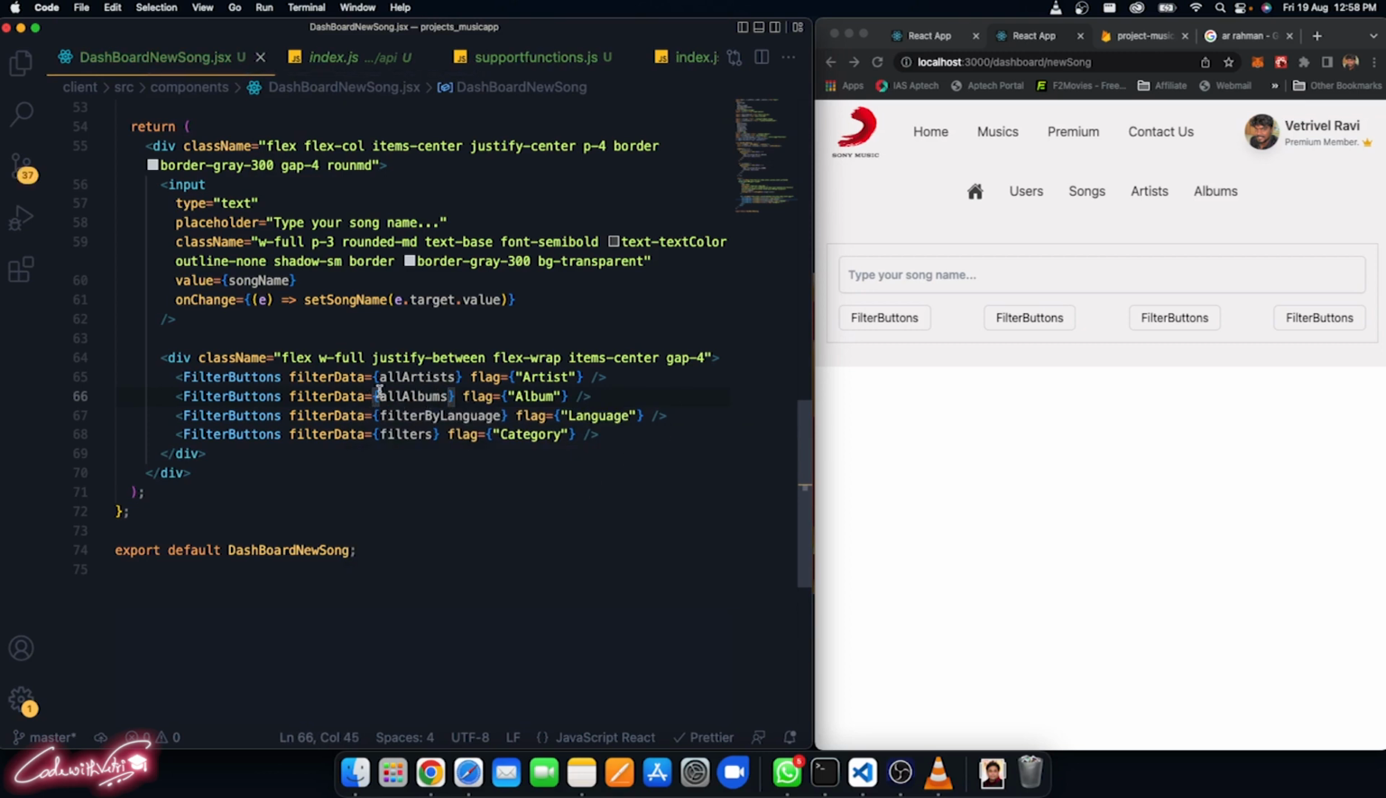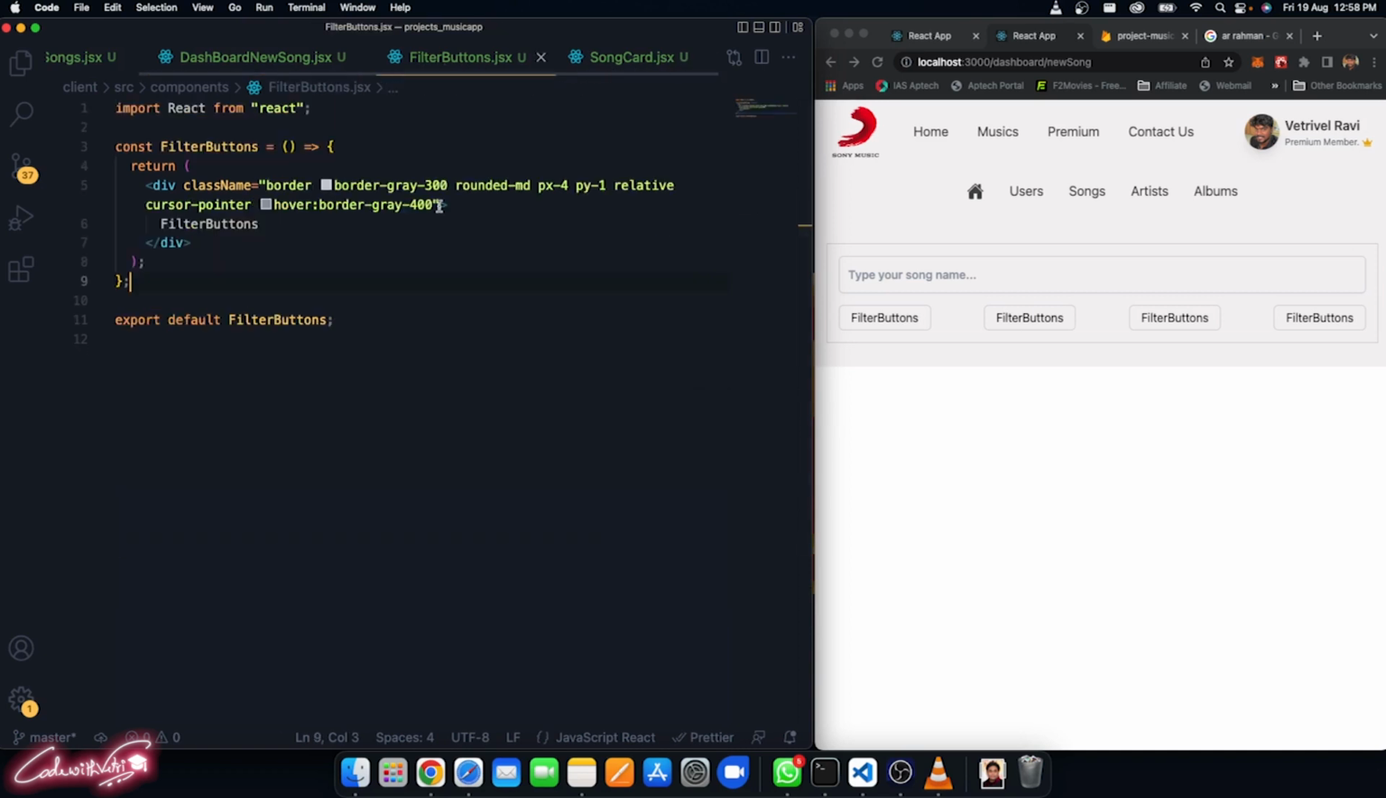So now we are sending the data to our filter button. Let's go to our filter button. Close this, we can open it later, close the support function also, and open the filter button now. Inside this, instead of that filter button, what you have to do is delete this, and inside here first I'm going to